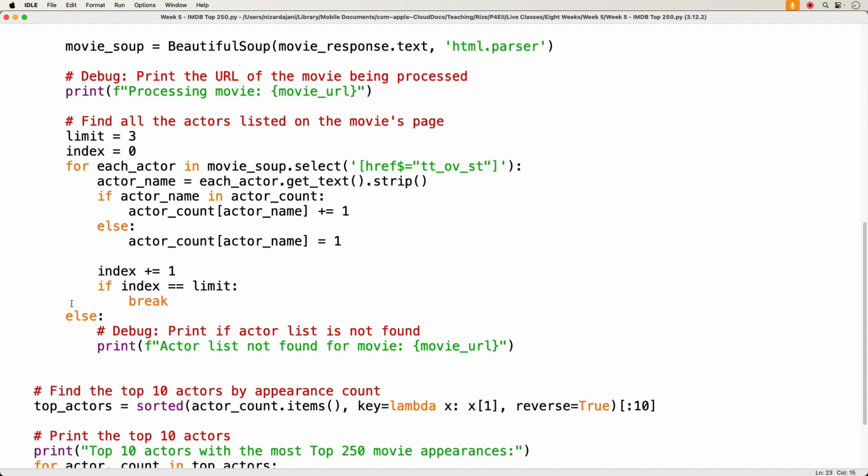And also, if for whatever reason there are no actors in this list, most probably because maybe my href is not correct, or my HTML is not correct, then I'm going to go to the else statement and say actors list is not found for this movie. All right. Now, once I'm done looping through all my actors and dumping them into my dictionary, then I have